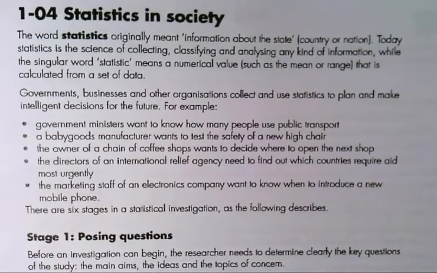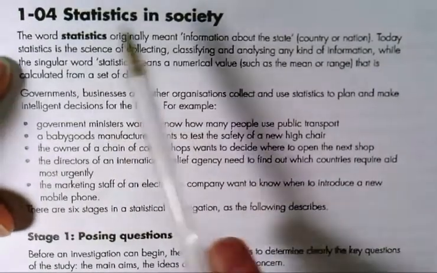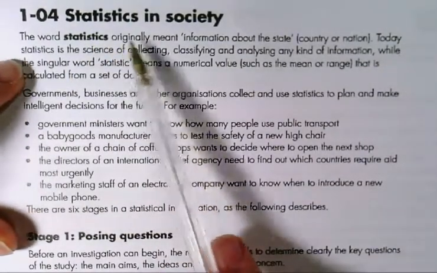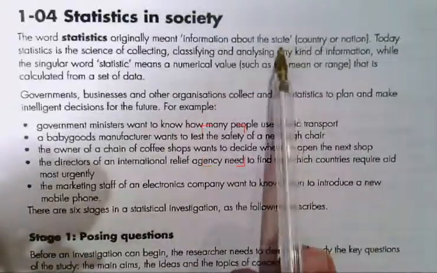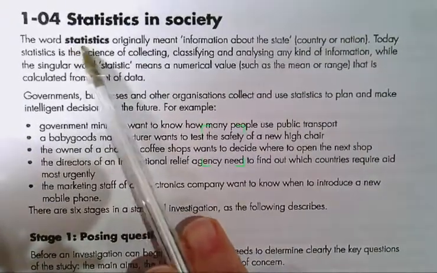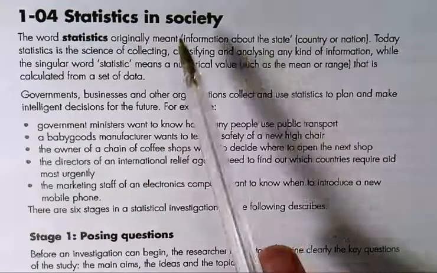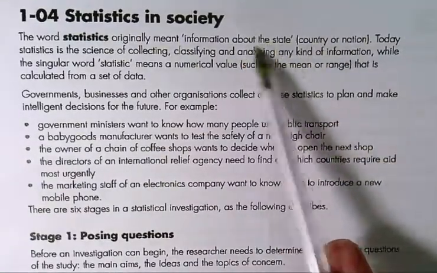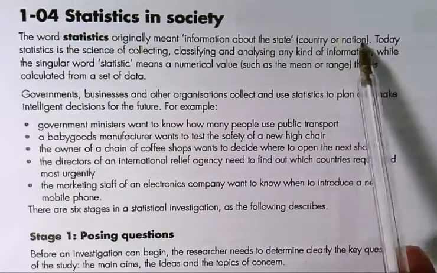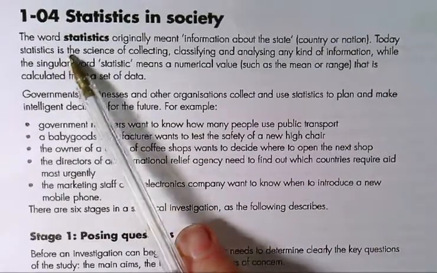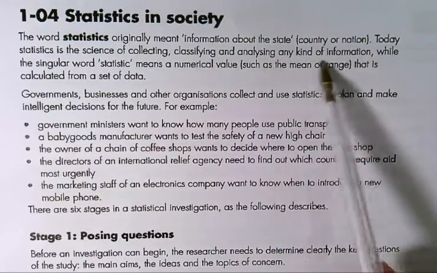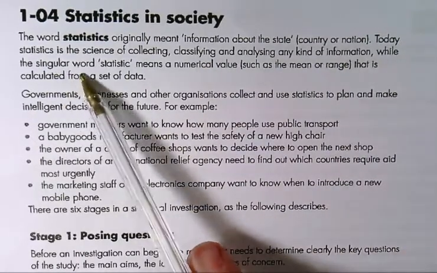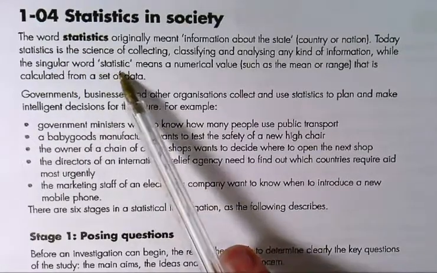Okay, this is exercise 1.04, statistics in society. Now, the word statistics originally meant information about the state, so stat looks like it comes from the word state, or information about the state or country or nation. Today, statistics is the science of collecting, classifying and analysing any kind of information, while the singular word statistic